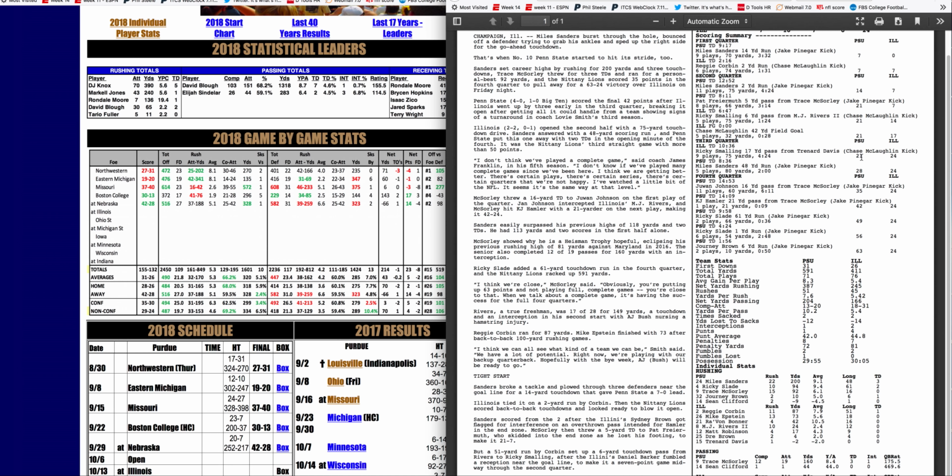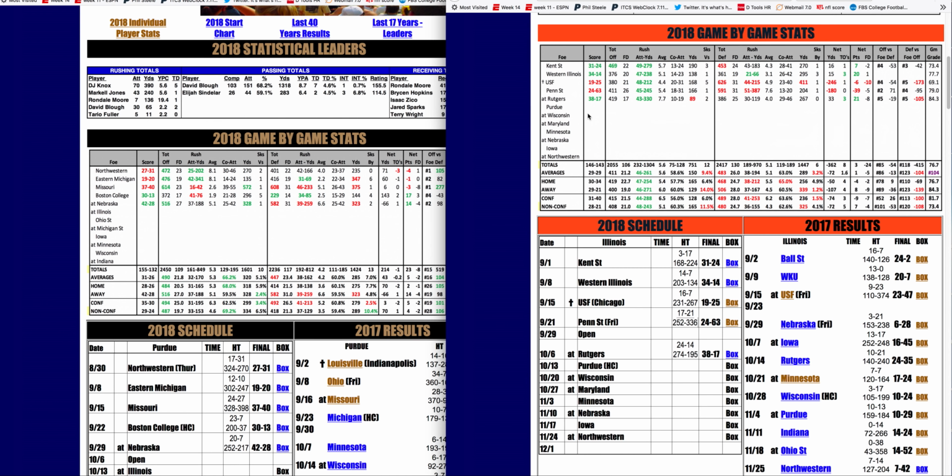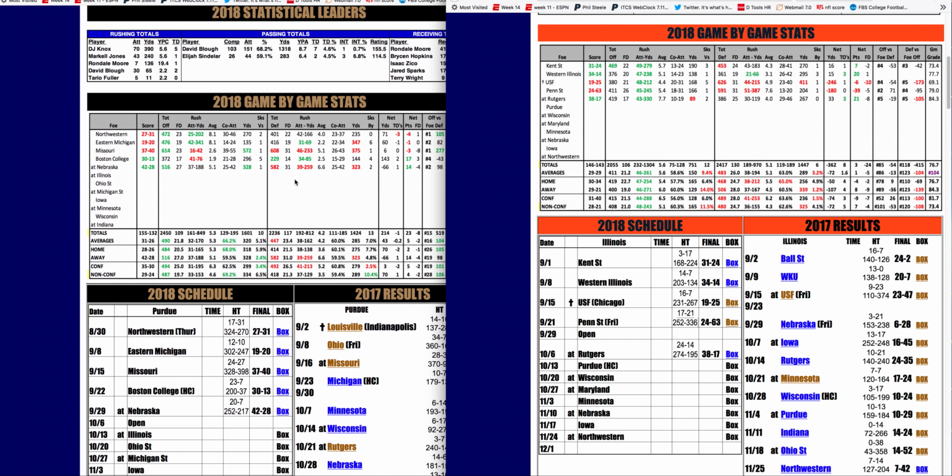Mid-third quarter, it's 24-21 Illinois. Then Penn State got a bunch of big plays, even tacked on a touchdown with 1:56 left. Looks like a blowout, but I like the way Illinois played with Penn State for 2.5 quarters until a bunch of big plays happened and they ended up losing it. Once again, last week, a nice game with 330 yards rush, 7.7 yards a carry against Rutgers. I think that this is an